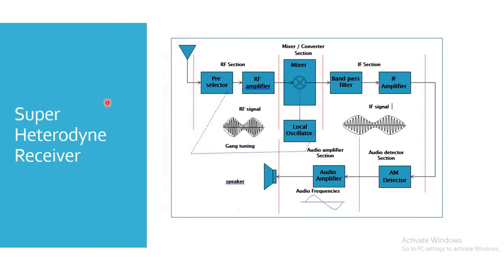This is a block diagram of a superheterodyne receiver. The word heterodyne basically means mixing. So in a superheterodyne receiver, we are mixing two signals, and the two signals are mixed in such a way that the output is always an IF frequency, that is, an intermediate frequency. This is the working principle of a superheterodyne receiver. Whatever the received signal is, we convert it by mixing it with the local oscillator frequency to generate the IF signal.